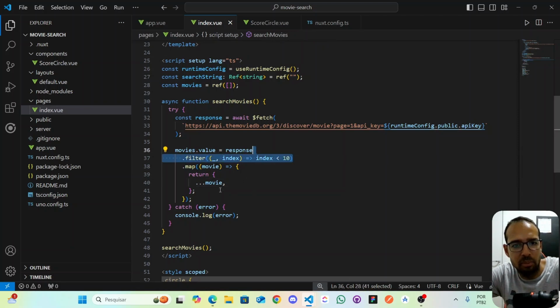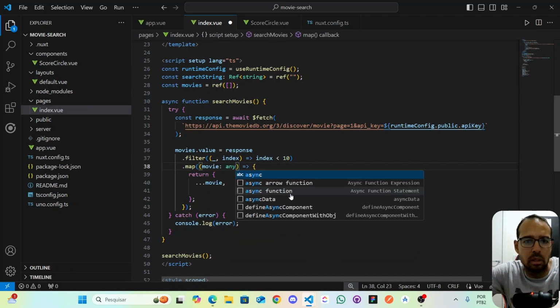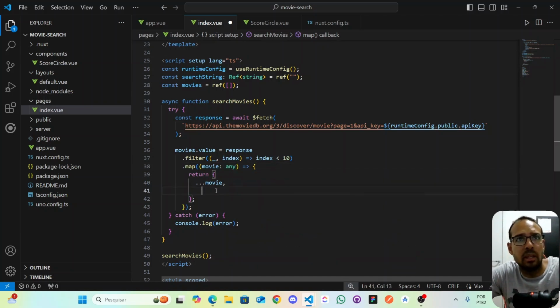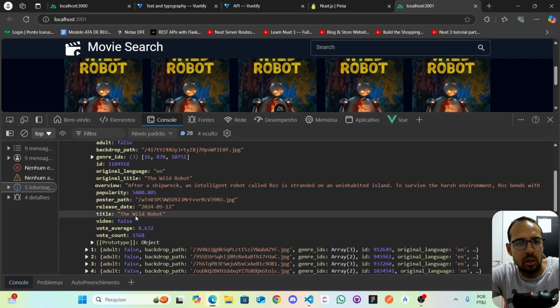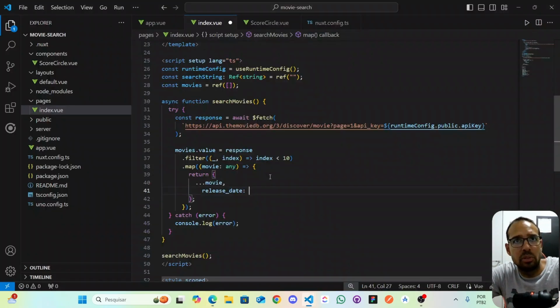Okay, we have that here. Now I can map the information that I come with with what I actually need. I'm gonna go to any here. Just type for any, and then I can come here and go, okay, I want this map to return movie. I want to make like a release date. Okay, we have the date here. The release date. We want to transform that to like the month and the day, the year. And for that, I'm going to use